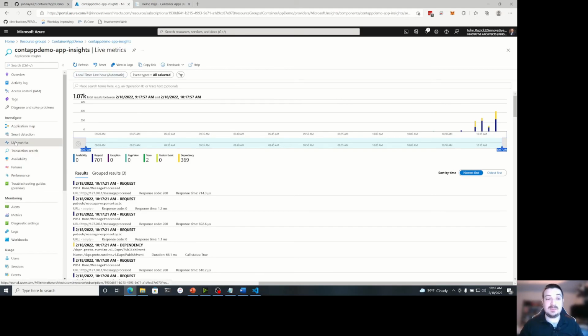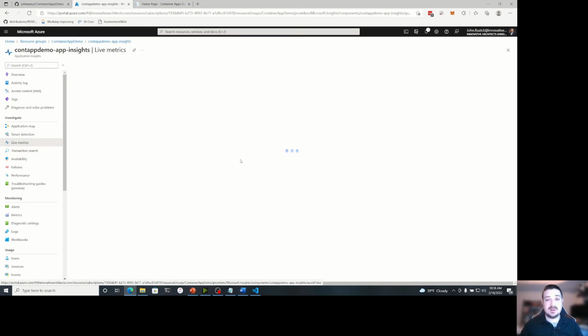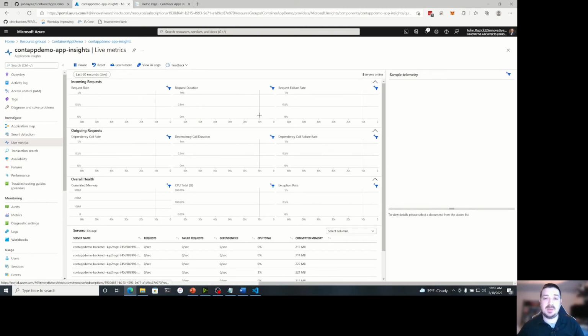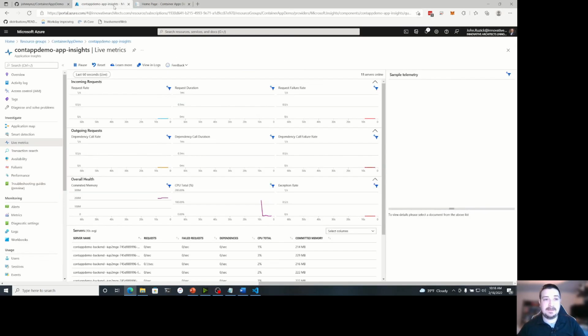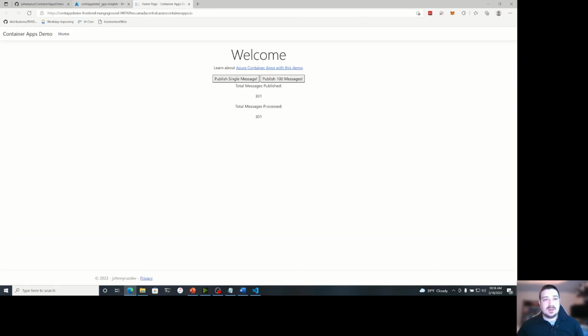And you can even look at things like live metrics and connect and all of the different features that App Insights has. If I go ahead and publish another 100, you can start to see CPU percentage, exception rates, incoming request numbers, etc. come through here in the live telemetry data with its integration with App Insights.